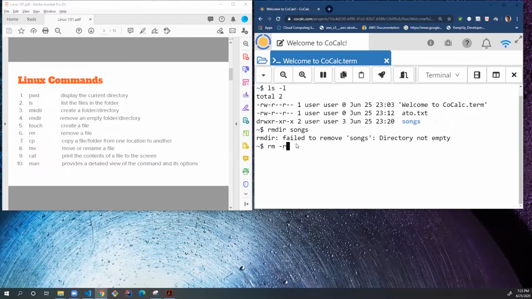recursively. Recursively means if you have 10 folders nested within each other, it deletes each of those one by one. Let's say you have a folder called home, users, and songs. You go out to homes, and from homes onwards, you want to delete everything after it in one shot. If you have 10 folders nested within each other, you can just go to the parent folder and say, remove recursively all the files under this specific hierarchy. So here I could just say